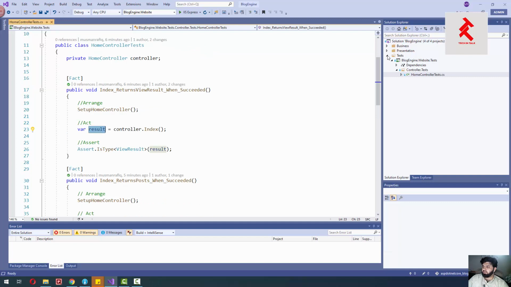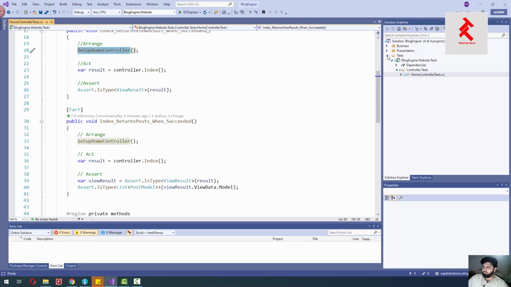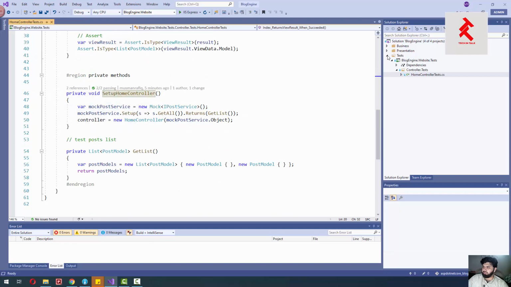First of all, the previous test I have updated so that I am now creating the object of the home controller from this common method, which is a private method.